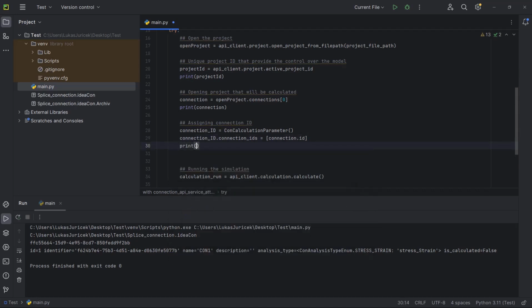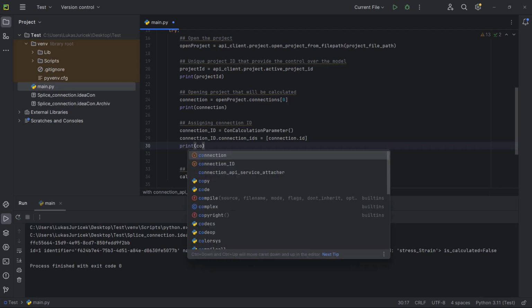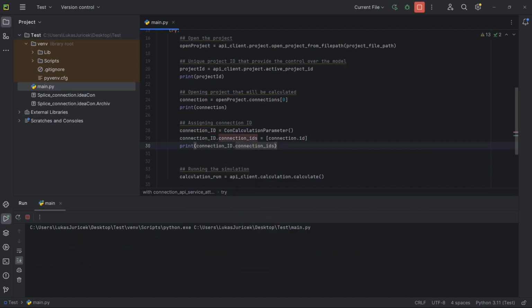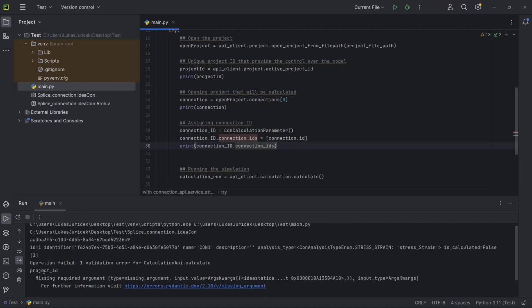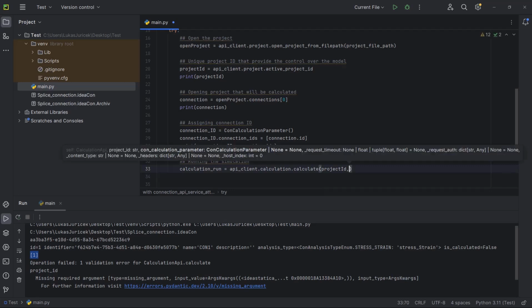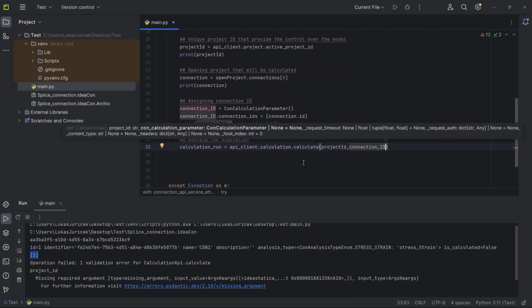If you have it, you can basically print your connection IDs. Fine. If you run it, as you can see, this is my connection ID. This is the number 1 in the list. If I have it, what I need to do is insert the arguments here. You will put here the project ID, and you will insert the connection ID. If you insert those two parameters,